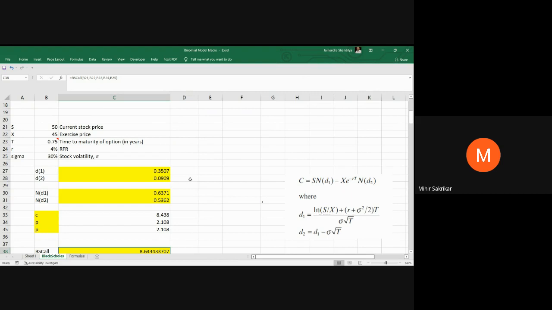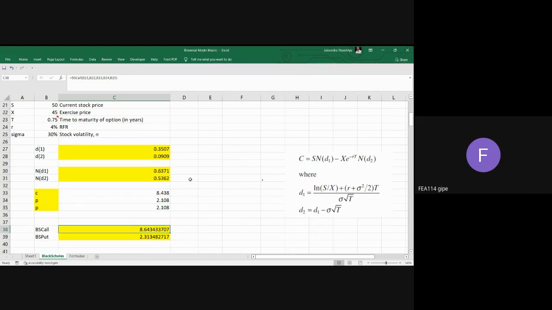Can you please show for BS put formula? You have calculated. Yes, sir. For BS, yeah. So call, BS put also you have to write BS put and then take the same order: S stock price, exercise price, time, interest rate, and sigma, and then